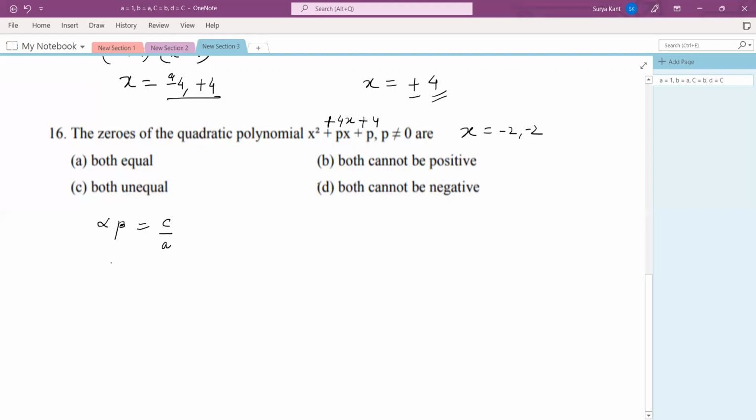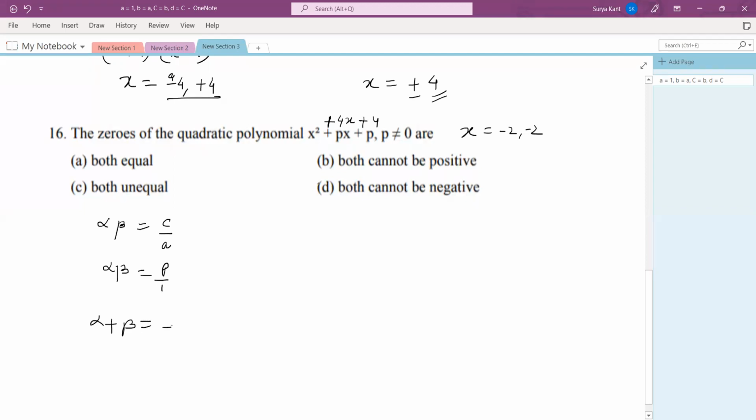Okay, and as per what you are saying, here alpha beta is equal to p by 1. Fine. Next, P being any sign, so both alpha and beta have the same sign. And alpha plus beta, the sum of zeros,